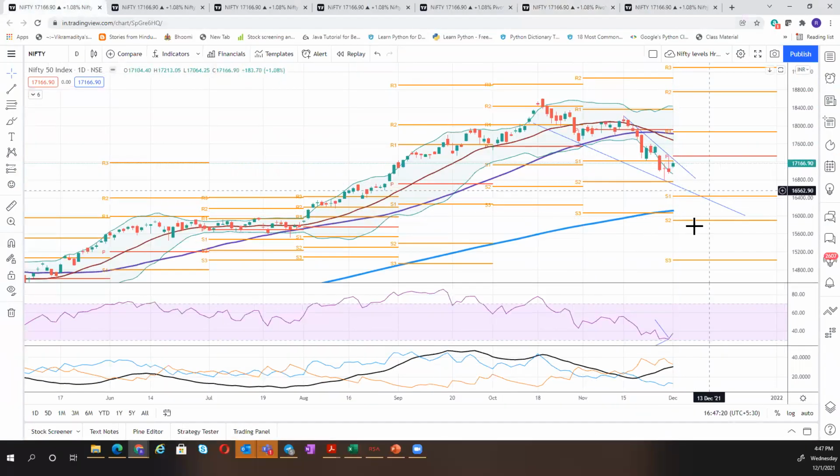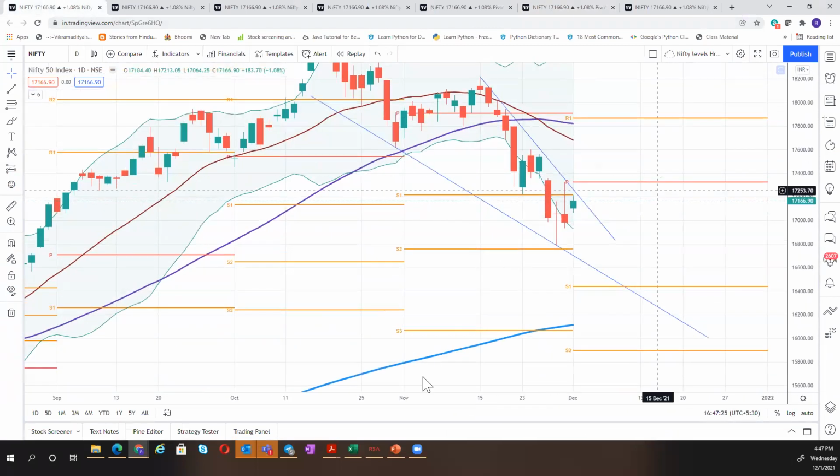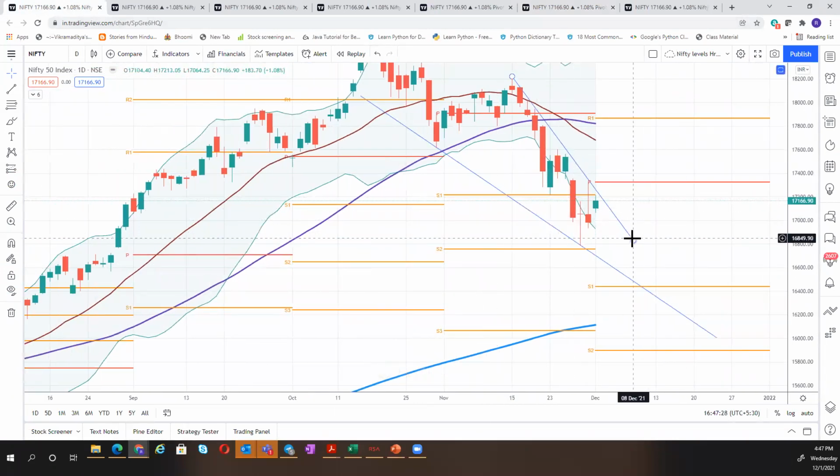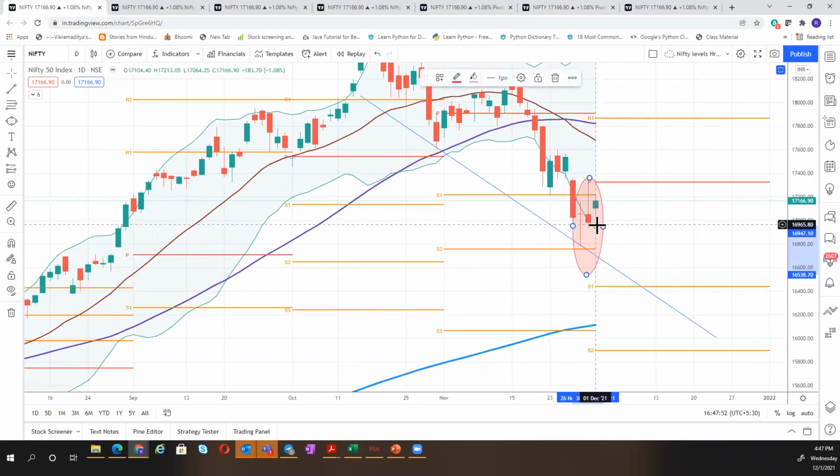I wanted to bring you to the daily, because this is important. If you're positional, people watch the daily. Yesterday I said this momentum is very strong at the bottom end, right? At the bottom end, whenever you see this kind of formation, I forgot to tell you this, we have one reversal pin bar, or you can call it a doji, and the other one is a reversal pin bar. And again, you have a small wick at the bottom. When you see these two,